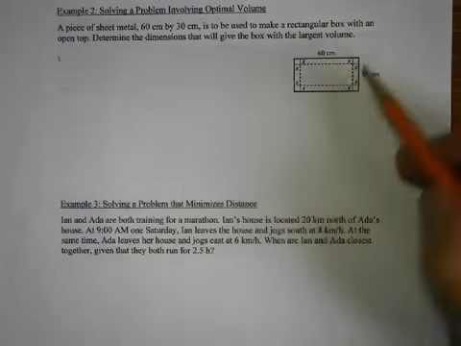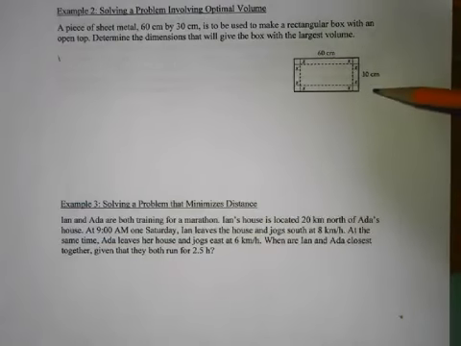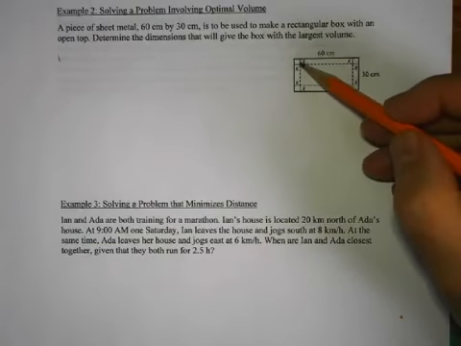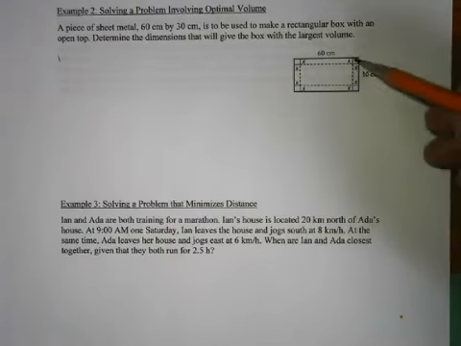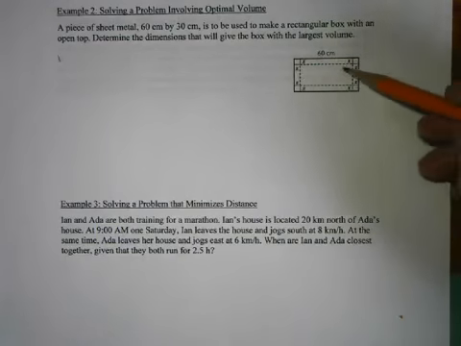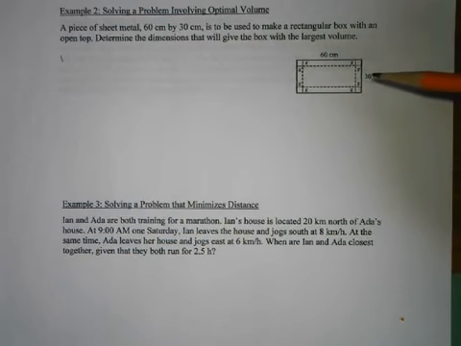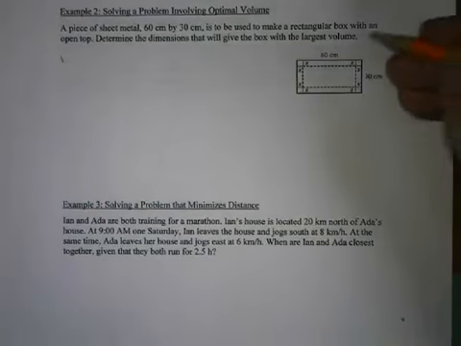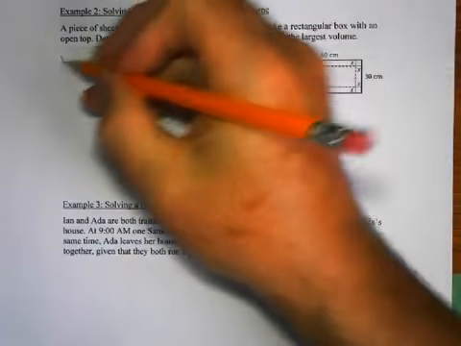you draw this. This kind of helps you figure out how to do it. But you cut out these x by x corners in each of the four corners, and that allows you to, where the dotted lines are, fold up the edge on all four sides and you create a box. So we're trying to create the box with the largest volume. Okay, so obviously volume is the equation that we're going to start with. So V of x.